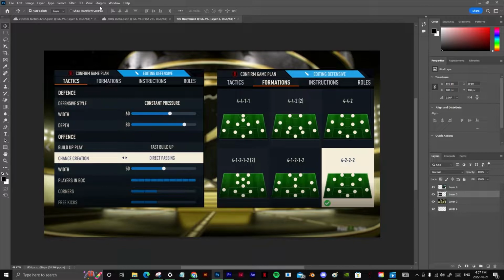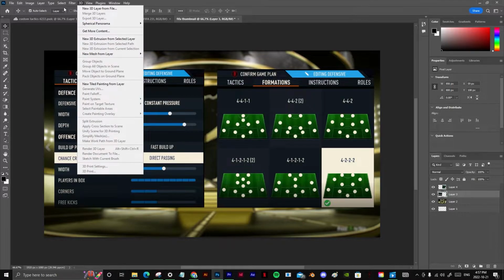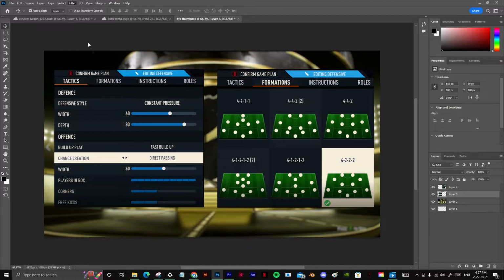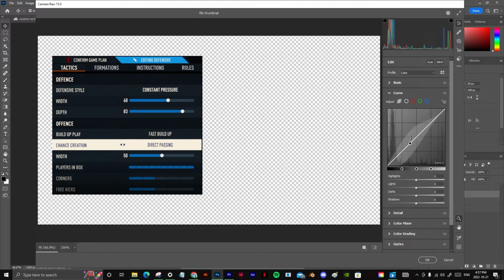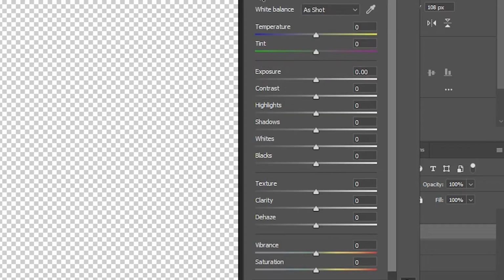So you click this one, you go to filter, and then you go to camera raw filter. It makes your image look nice. So now copy exactly what I did. You go to basics: contrast 25, highlights 15, shadow 15, whites 0, this -25, texture 25, clarity 25, dehaze 7,